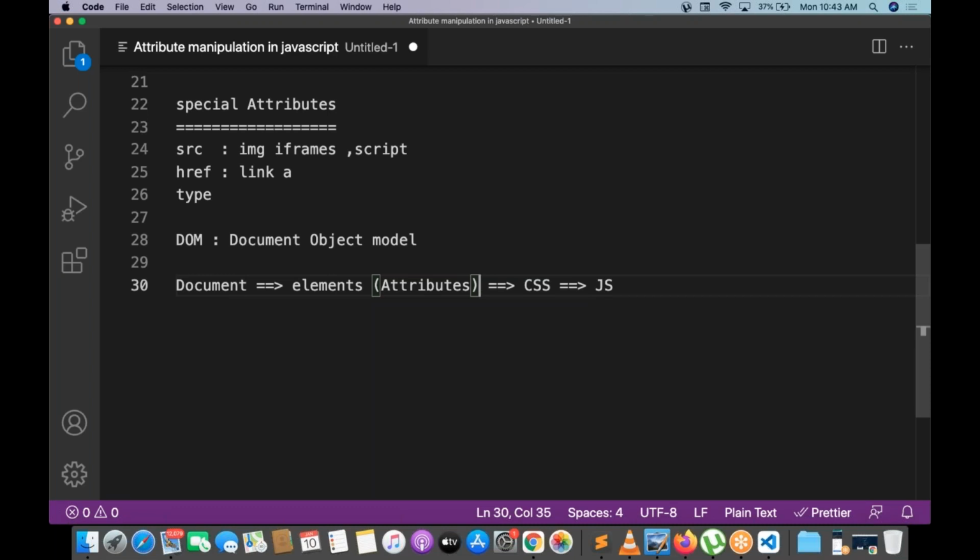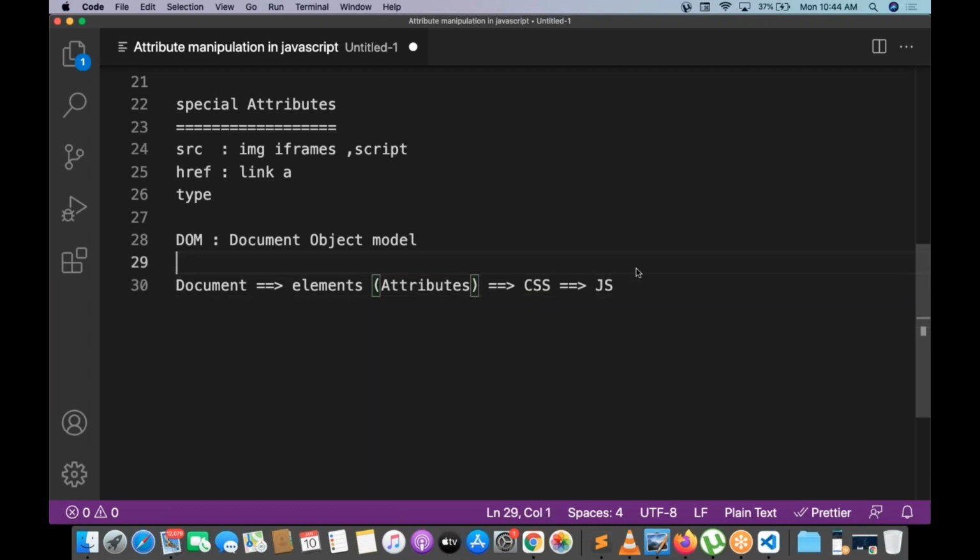Elements have attributes now. Attribute is nothing but property, state of an object. Okay, we have the paragraph, we have the division, we have the heading, we have the form, we have the table. For each and every element, a number of attributes are there. These attributes are on top of element. Okay, so how are these attributes manipulated dynamically? It means I try to add one element, I try to delete one element, I try to remove some element, I try to change some element, all those things. Set attribute, get attribute, remove attribute.